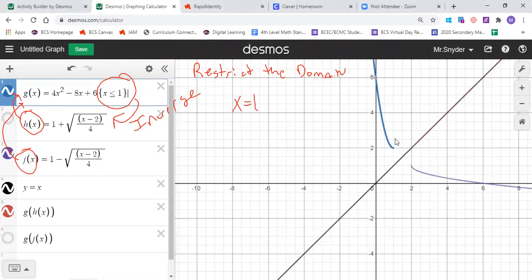Those look like inverses. And now I turn off this one. Let's turn j of x into g of x and look at it, and boom, it lights up and changes it. So in this case, when it's less than or equal to 1, when the domain restriction is x less than or equal to 1, it is j of